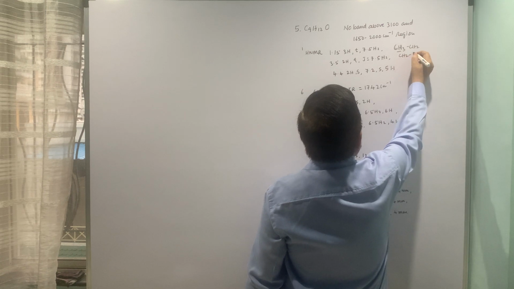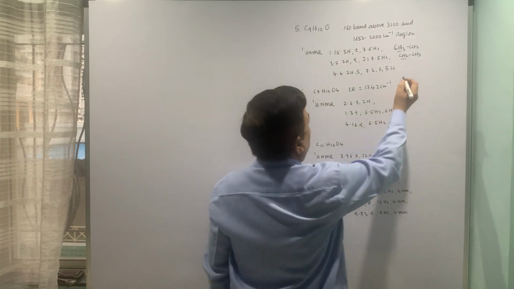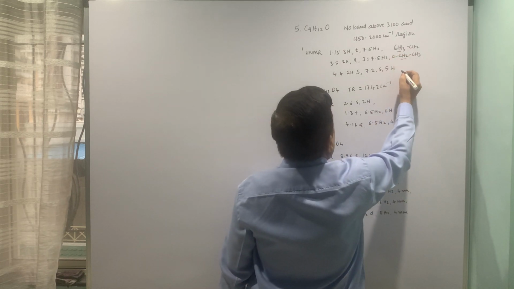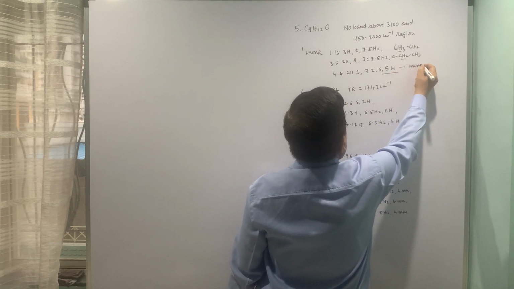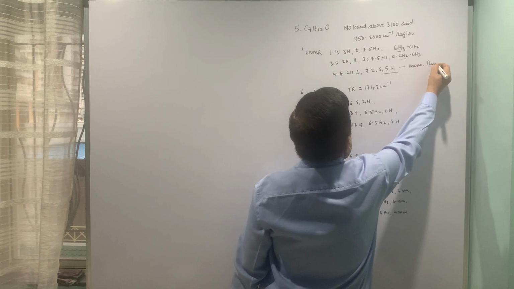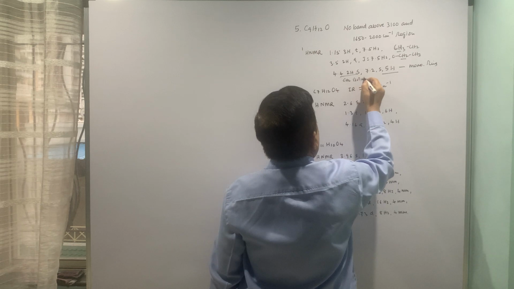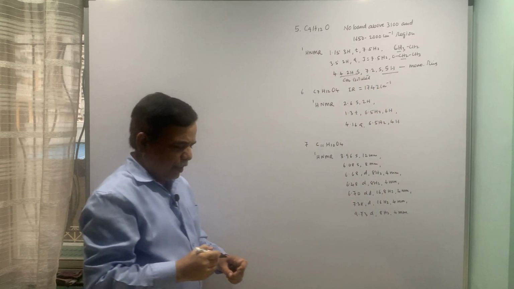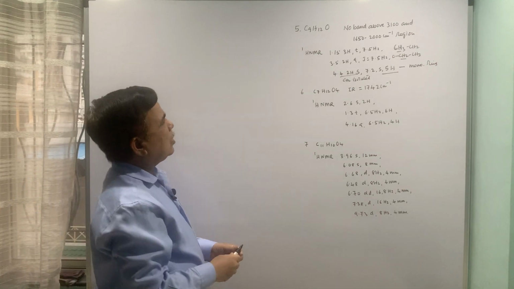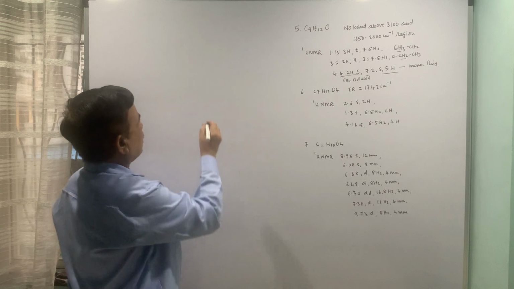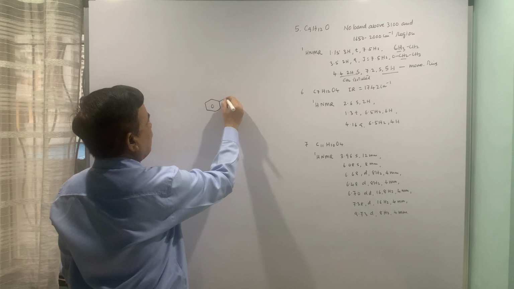On the contrary, this is also suggesting the CH2 having CH3 but having oxygen. Then 5 protons means it is a monosubstituted ring, and this is CH2 which is isolated. So many things are there. We have to just put the structure together. So there are 2 possibilities. I am just putting one possibility here.